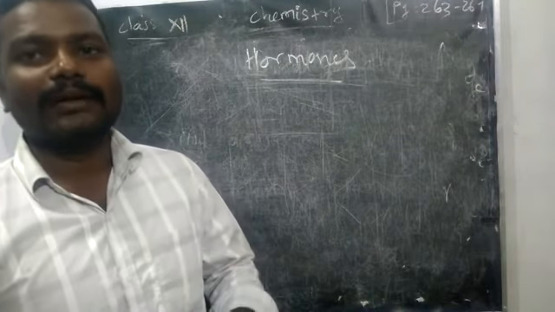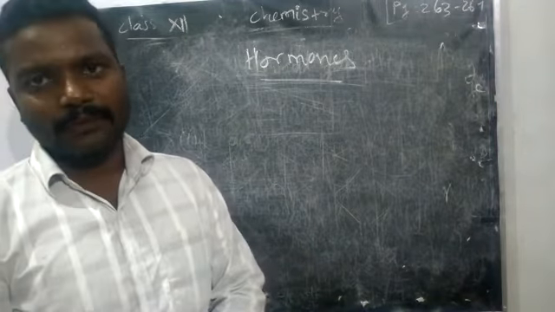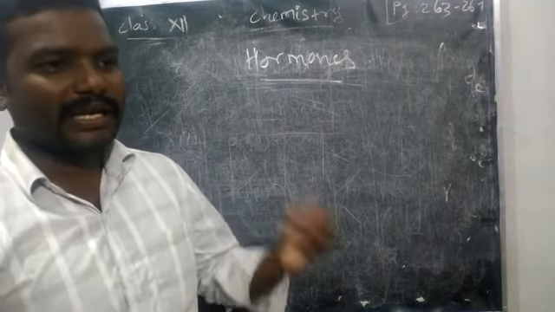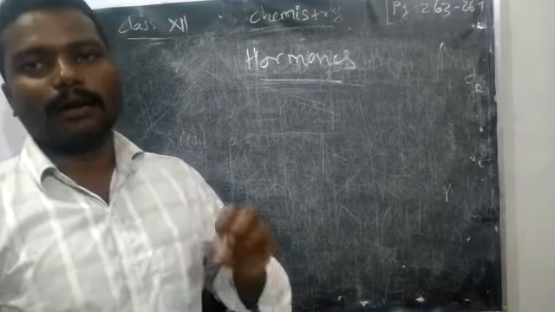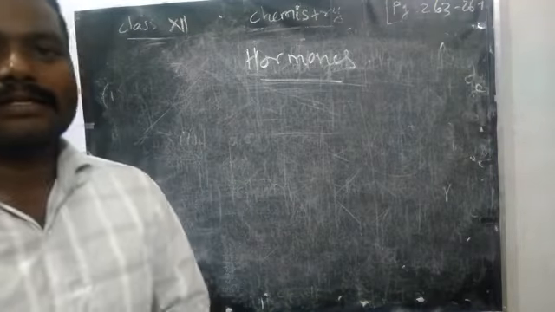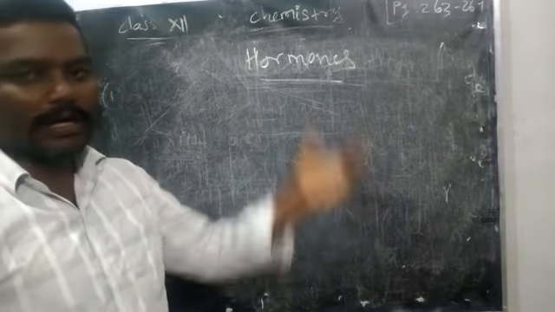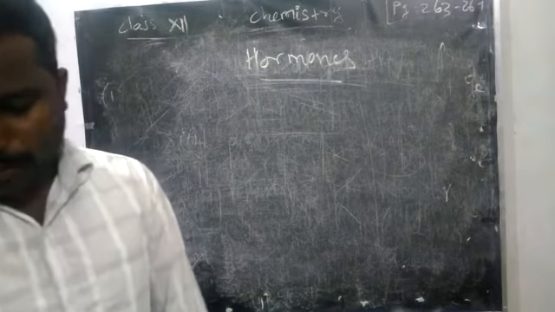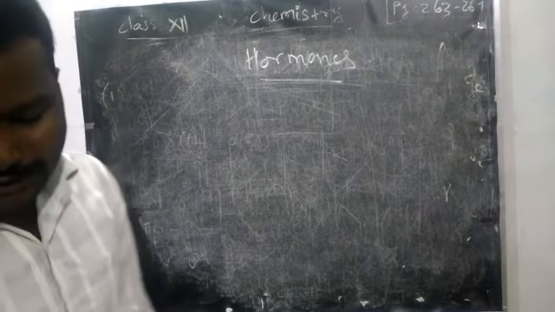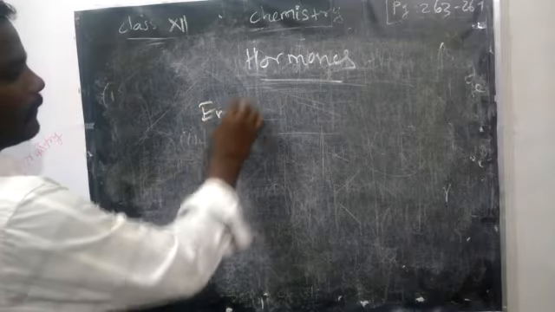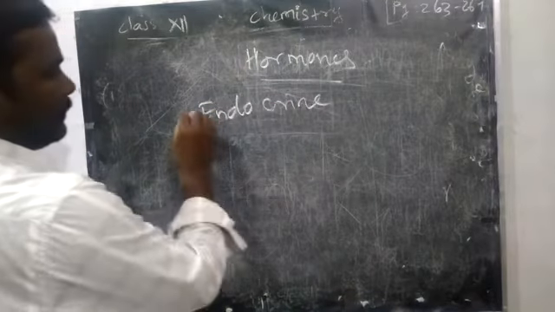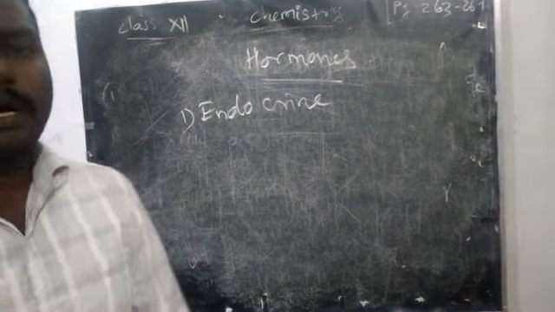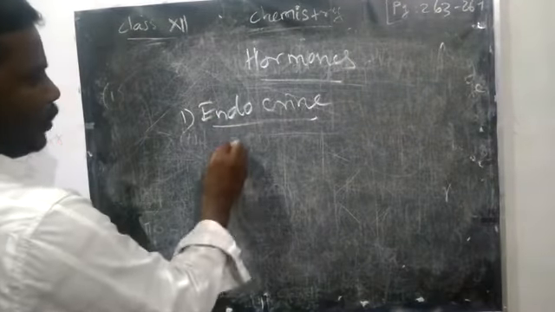Because of those glands only we are doing all those things. Even for many other things, if you have any other feelings, all this is induced by a certain liquid secreted by the glands, which is called the hormone. So what are the hormone inducing glands? We have endocrine glands. In the endocrine, what are the important glands?